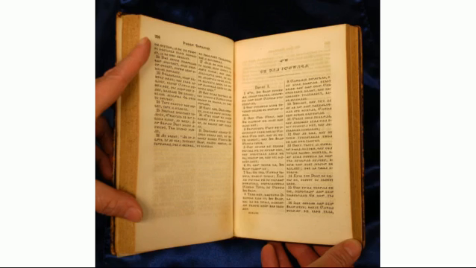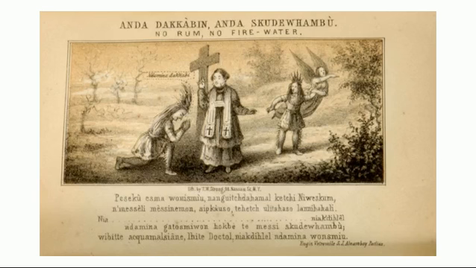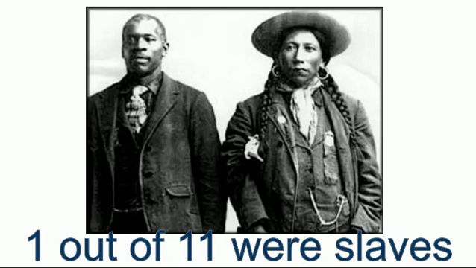They were heavily Christian. And also, this is a newspaper that they put out all across Georgia. And in that newspaper, it was half in Cherokee. So over here is the Cherokee language, and over here on the right is the English language. So they were very sophisticated and very similar to the people around them. In particular, they owned slaves. So not only were they Christian, but actually 1 in 11 of the Cherokee Nation were slave owners. They had cotton.